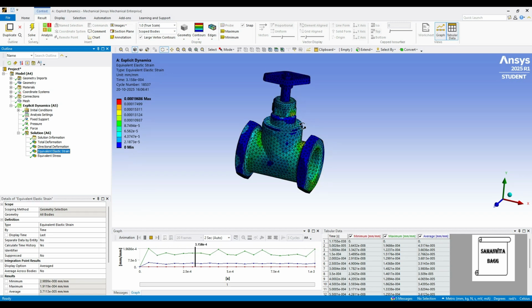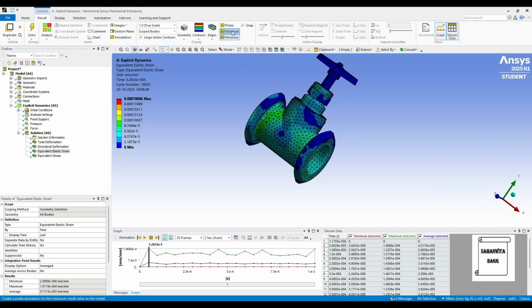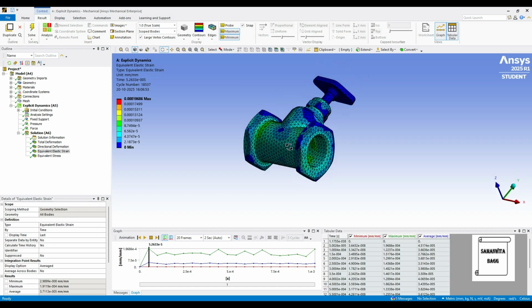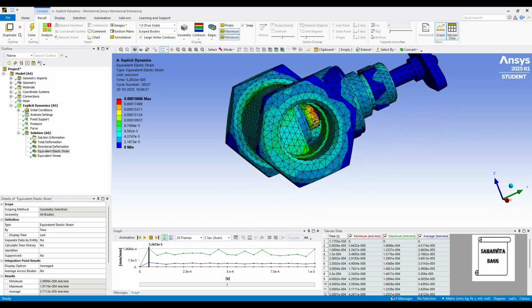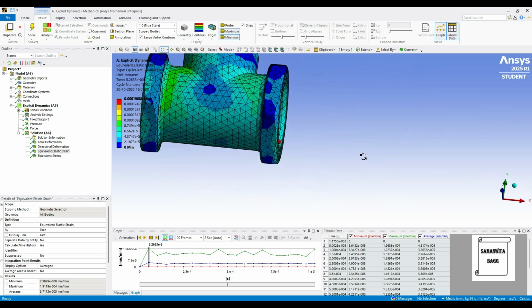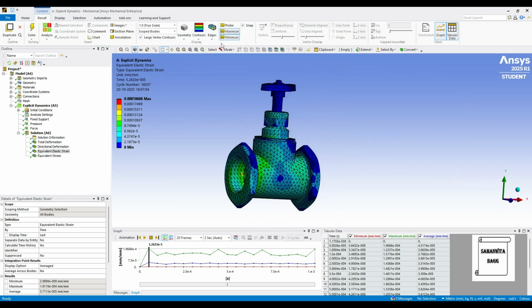You can see where the color is max and where it is min. If you can't see directly, you can click on max min over here. You will get this value of max and min over this body. Which is somewhere inside. That's why we are not able to see, because it's somewhere here. If you don't want to see the max and min, you just have to click on that option once again.